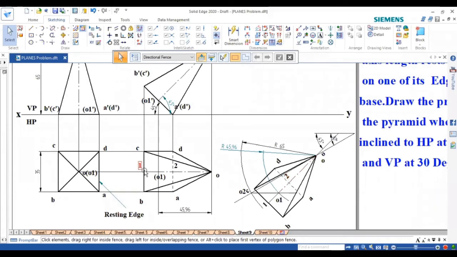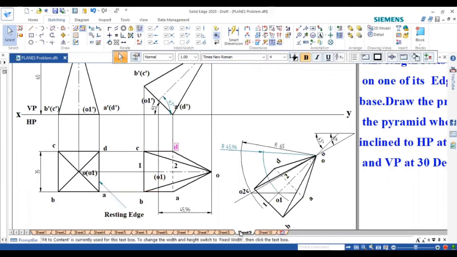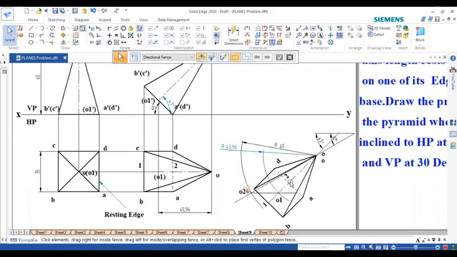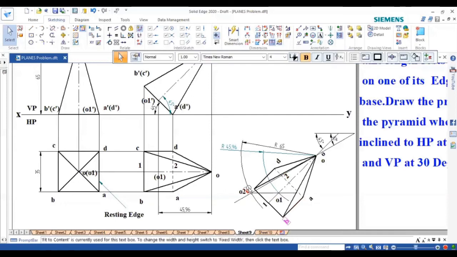Then this CB is perpendicular to the O1 line, right? CB is perpendicular and AD is perpendicular, right? So now from point 1 draw one perpendicular line, from point 2 you draw one more perpendicular line. Then measure this: 1C is equal to 1B equal to 2A and 2D, all are equal. Measure any one, 1C you measure. From 1 you cut both sides. From 2 you cut both sides. Then you get this A, this B here, this C here, and this D over here. That's how we need to construct.